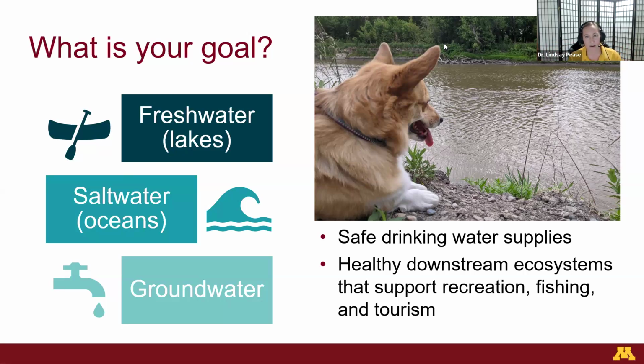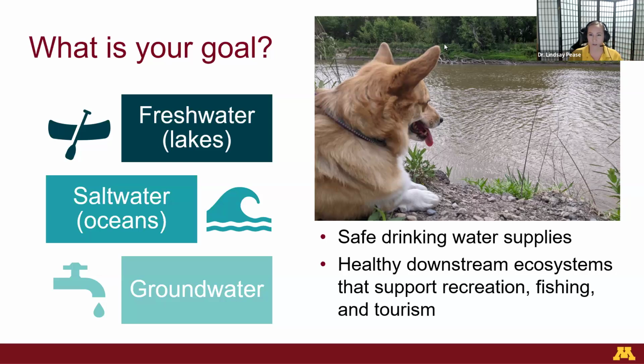What is the primary goal of your local area and your community, whether that's fresh water, and I usually consider that lakes, rivers, obviously included as that as well. Salt water is going to be a little bit different. As I mentioned, Gulf of Mexico and Chesapeake Bay being different from Western Lake Erie Basin, our freshwater algal bloom, and of course, groundwater.